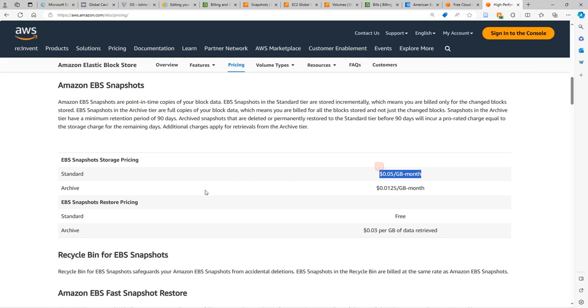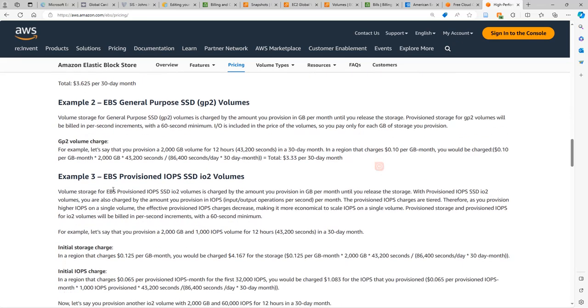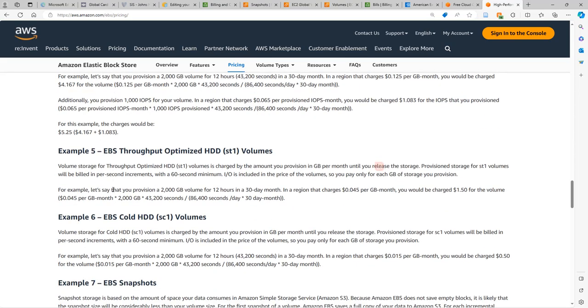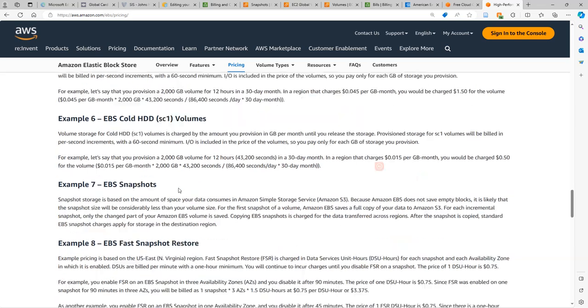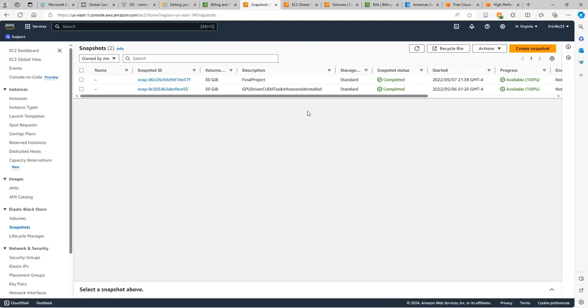But I'm charged less than that because AWS said they have technology to compare the second snapshot against the first snapshot, and only charge you the difference. Instead of charging you 60 gigabyte, it only charges you 30 gigabyte plus the difference between those two snapshots,